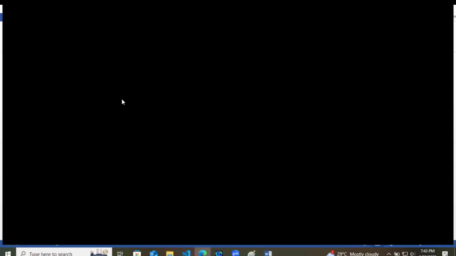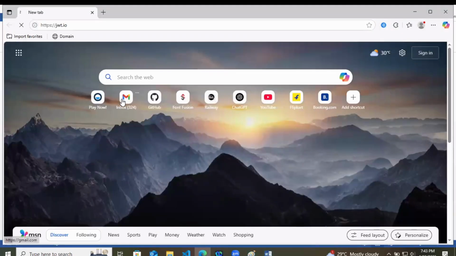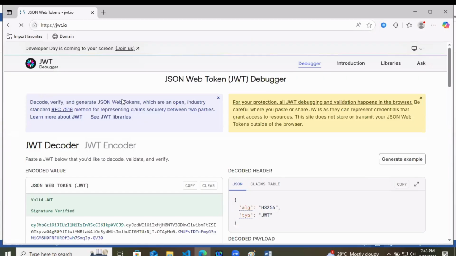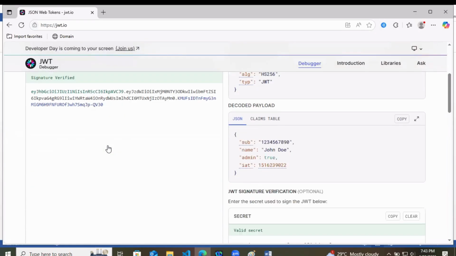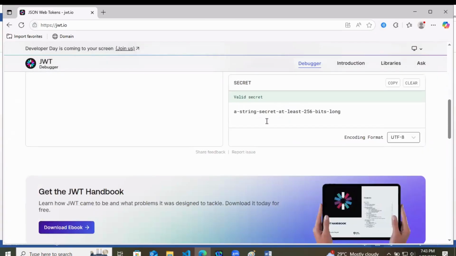Now we will go to its official website, that is jwt.io. And I have already told you that this was a PhD research paper of a scientist. Again, I forgot the name. It is written John here. John Doe is a normal placeholder thing.